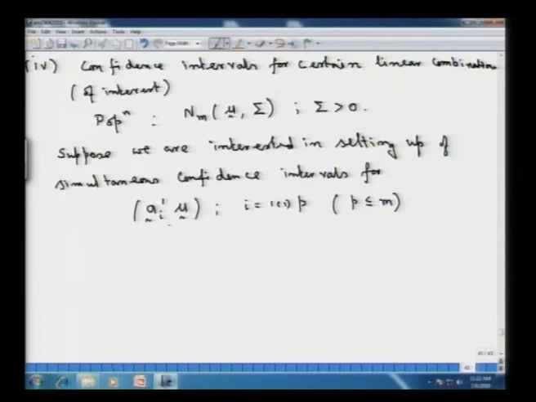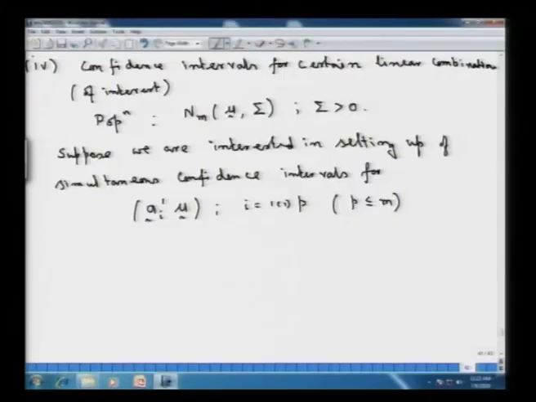Say for example, we are interested in setting up of simultaneous confidence interval for mu 1 minus mu 2 and mu p minus mu p minus 2, something. So, we are interested in such p linear combinations of the unknown mean vector mu, and we are trying to set up confidence intervals in such a way that we want to have simultaneous confidence intervals